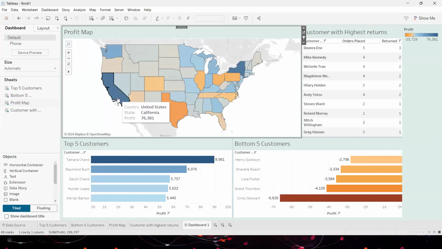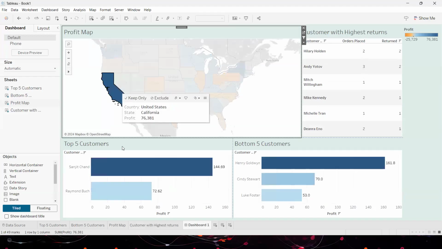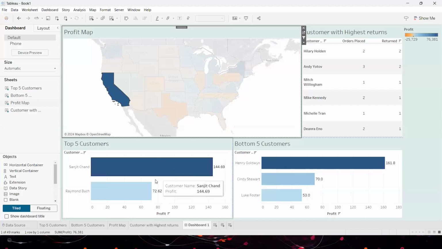Now look at this. When I select any particular country, all the other charts are getting updated, showing the performance of those customers, of the top 5 customers in that particular state. So of the top 5, these 2 people have made transactions in California, and this is the contribution to profit. Of the bottom 5, very strange and interesting insight here.